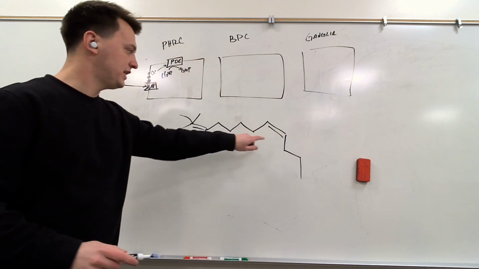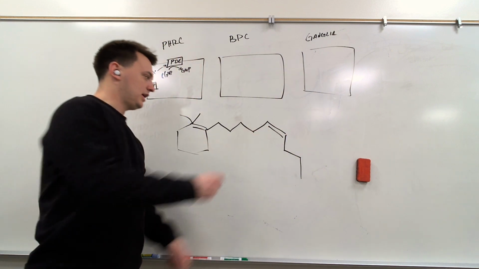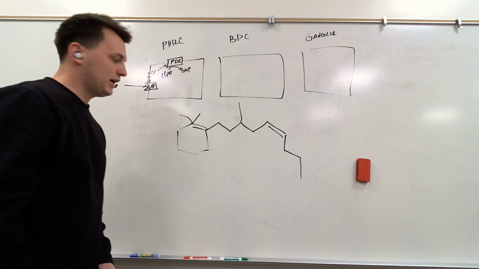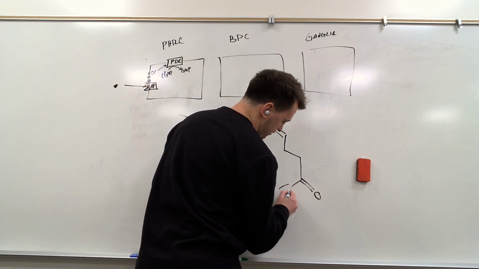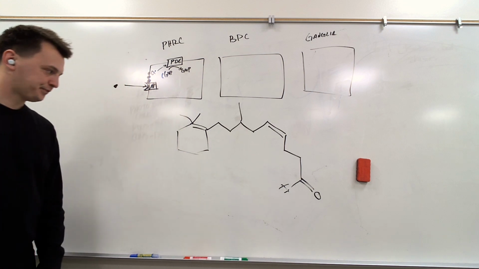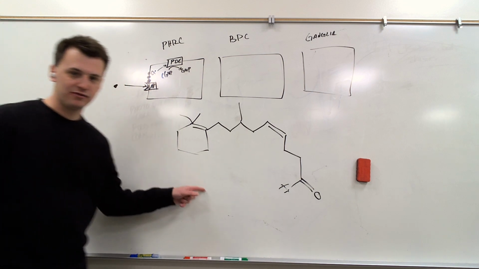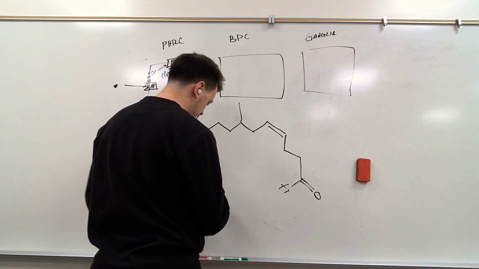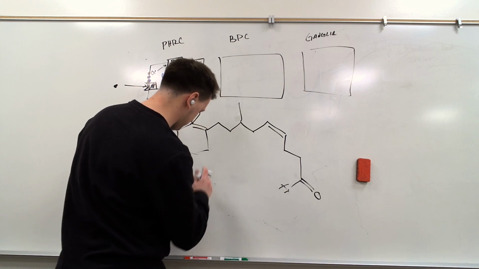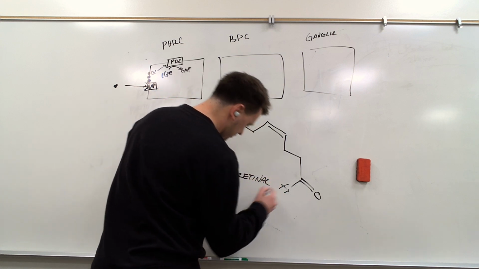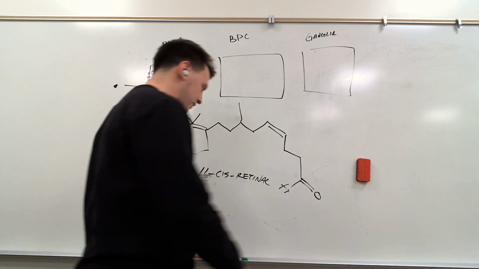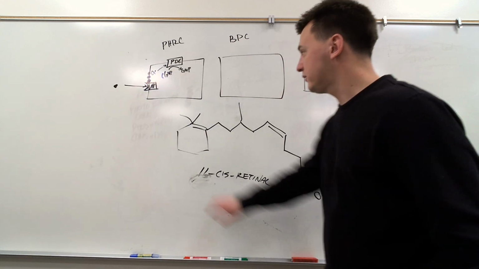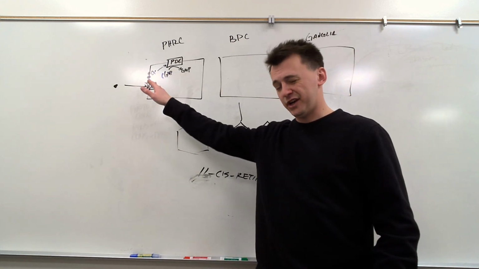This double bond right here. These are all double bonds as well. And there's, I think, a methyl group coming off right here too. And there is one of these groups coming off right here too. But this is what we need to think about first, this is 11. This is 11-cis retinol. So what happens with 11-cis retinol is we're looking into here, but kind of very close up,